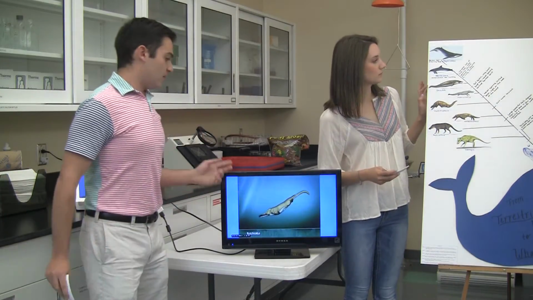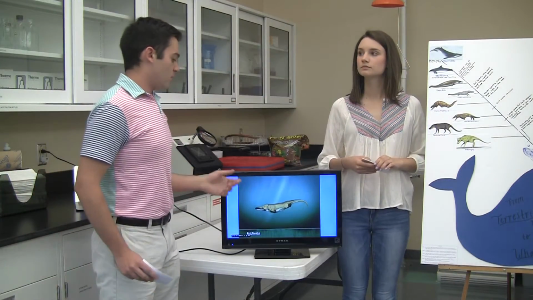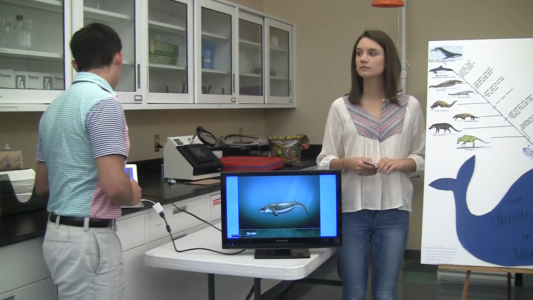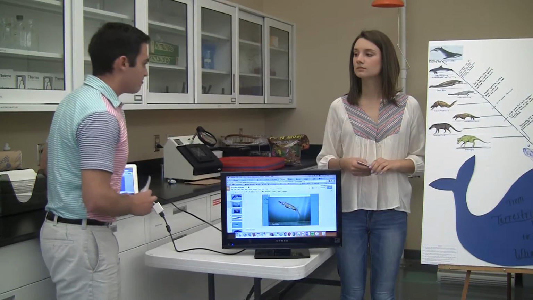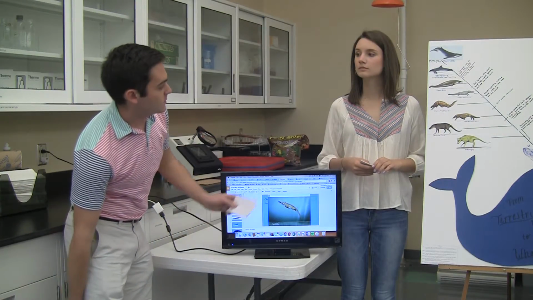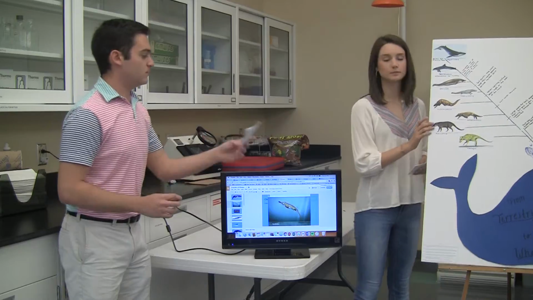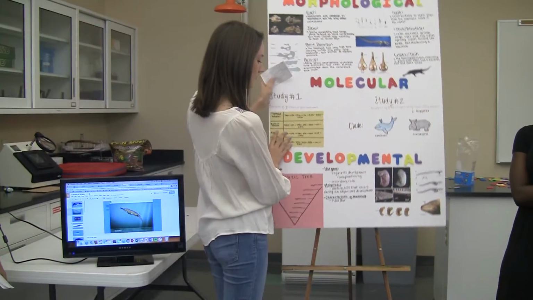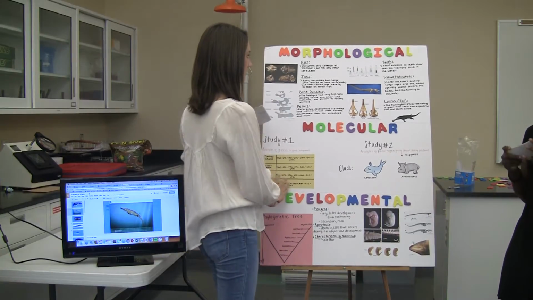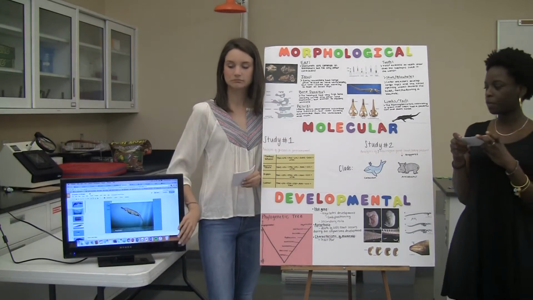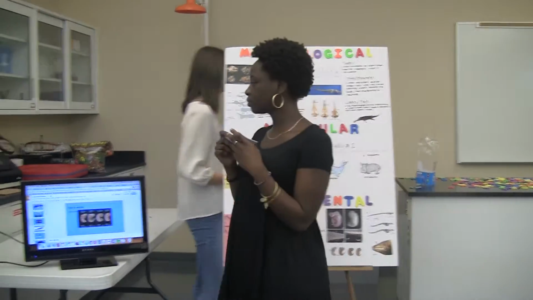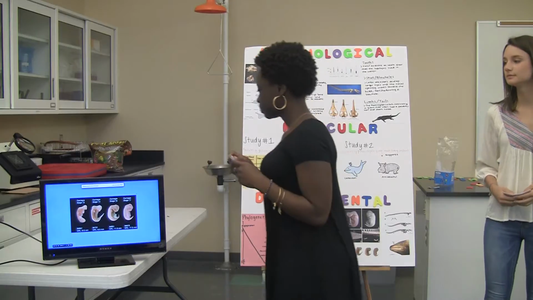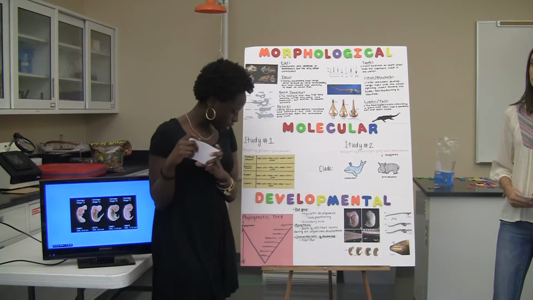So you can see how not all of these descendants were on this video, but we're going to talk about evidence about them, and we're going to show how terrestrial mammals came into whales. So Chris Murray is going to talk about developmental. So I'm going to talk about developmental, and the first